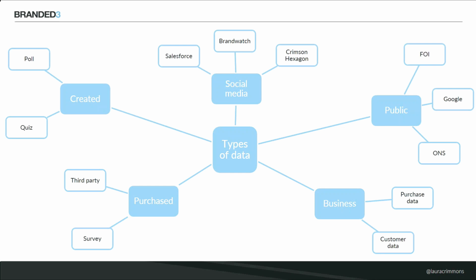And then there's the type of purchase. So it's not freely available for you, but you can buy it yourself. The benefit of this is that you're going to get exactly what you want, which is kind of perfect. If you're using any of the others, so social media, public or business, you're restricted by what already exists, what's out there, and you can't really control. If you wanted a stat that proves a certain hypothesis and there's no data for that, you can't change the data to do what you want.